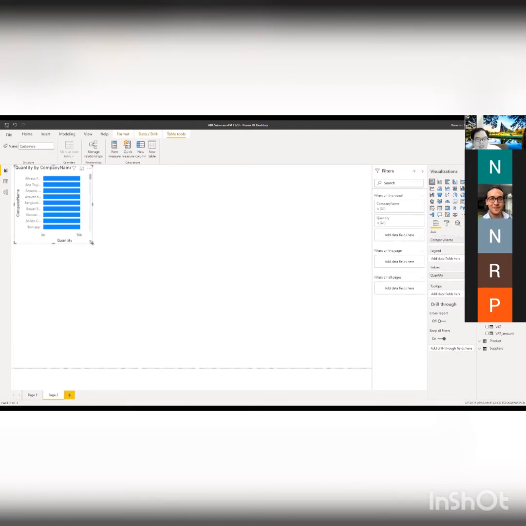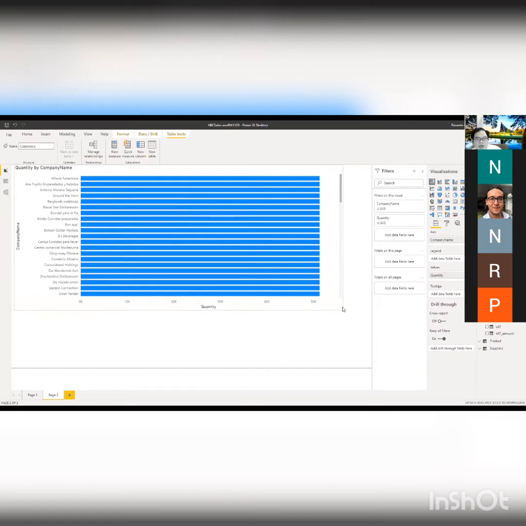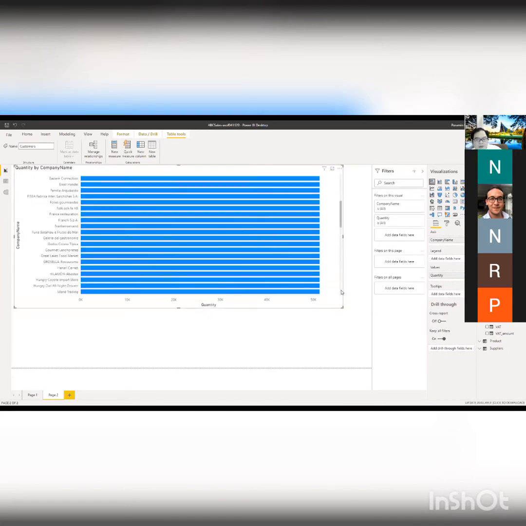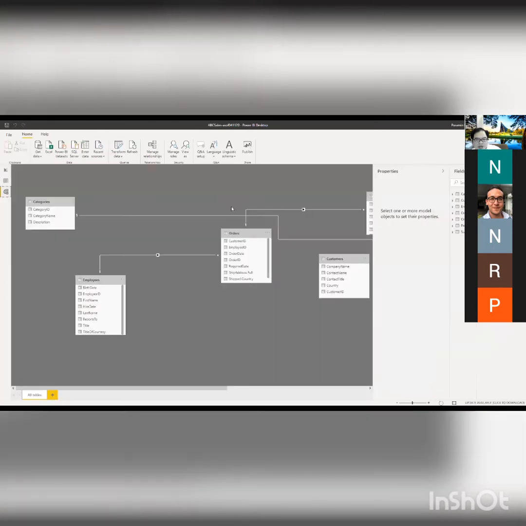You can see that Power BI is trying to tell us which customer purchased what product, but unfortunately, because you don't have the direct relationship, and you can see that right now customer doesn't link with any other table, that's why when it shows